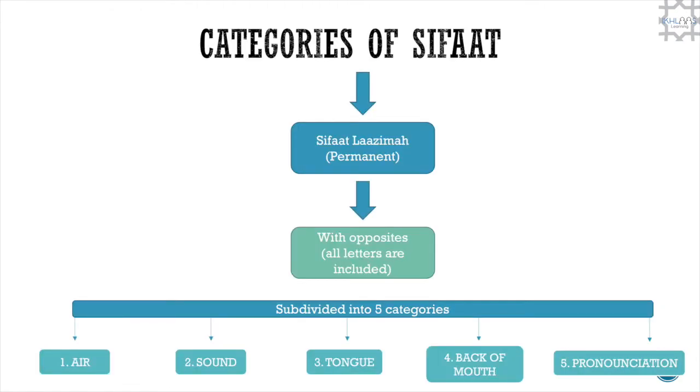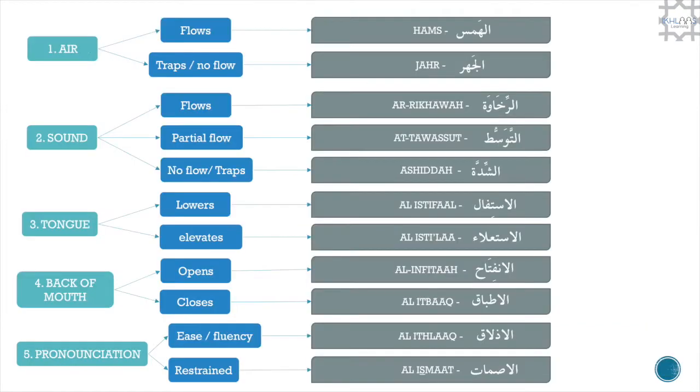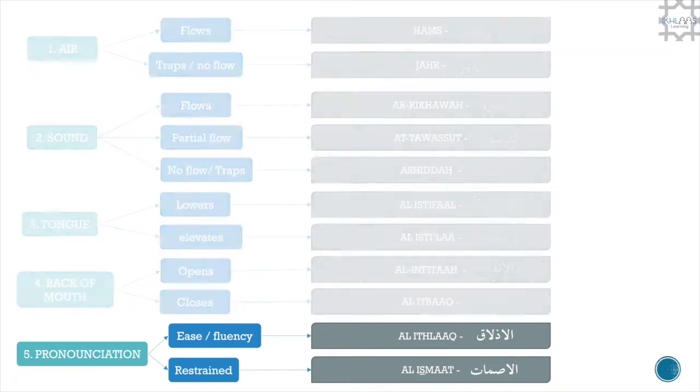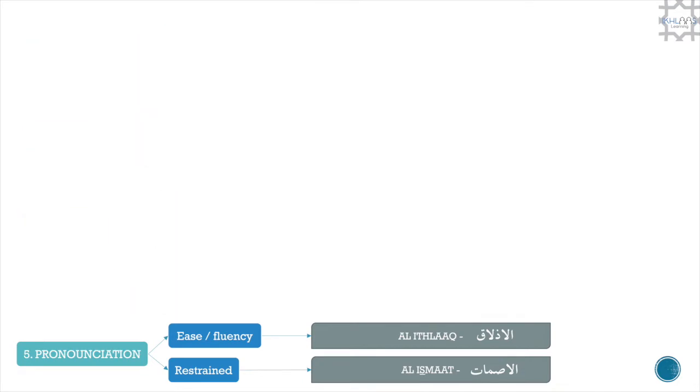So just to recap, we are studying Sifaat lazima with opposites, which is subdivided into 5 categories. We have looked at air, sound, tongue, the back of the mouth, and now we will be looking at pronunciation. In pronunciation, there are 2 categories: pronunciation with ease or fluency, which is known as al-idlaq, and pronunciation which is a little restrained, which is known as